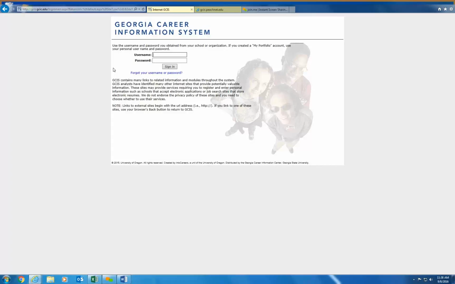So if either is the case, please feel free to shoot us an email at GCIScoordinator@GSU, and we will make sure that we send that information out again, because that includes your first steps on how to get started with implementing GCIS at your site.